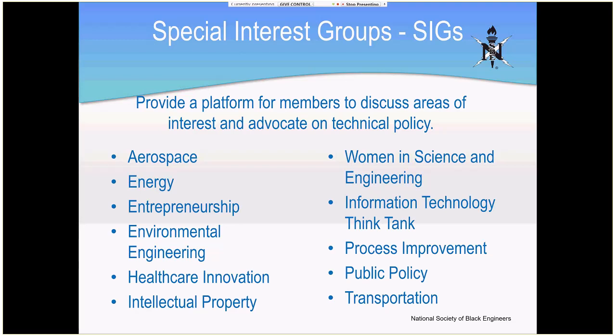This one was mentioned before, special interest groups, but I just wanted to list all of them out here. And some of the things that special interest groups do is, like I was saying before, advocacy for a specific policy position, but then also you get a chance to go a little deeper into your specific area than the general group, right? So you get to get a little bit more technical with some of the workshops and events. And you get to meet people that are in your area of expertise.